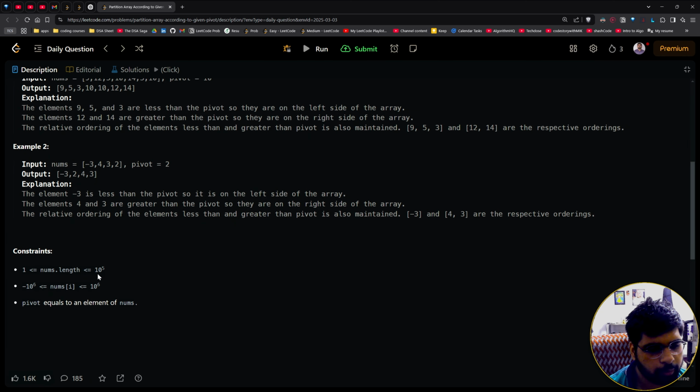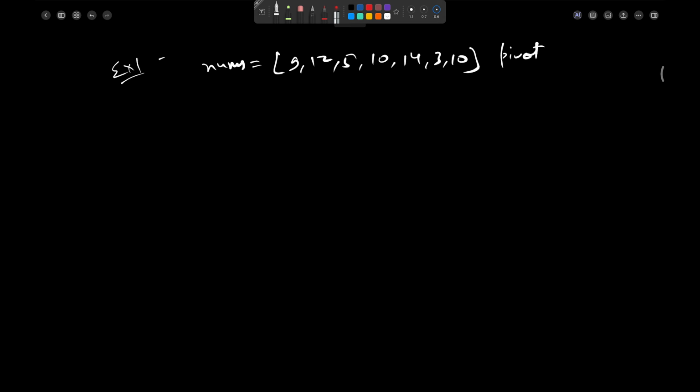The constraints are 1 to 10 to the power 5 for the length of nums, and pivot equals an element of nums. Now take a look at our first example. We have our nums here: 9, 12, 5, 10, 14, 3 and 10, and our pivot is 10. So in the resulting array